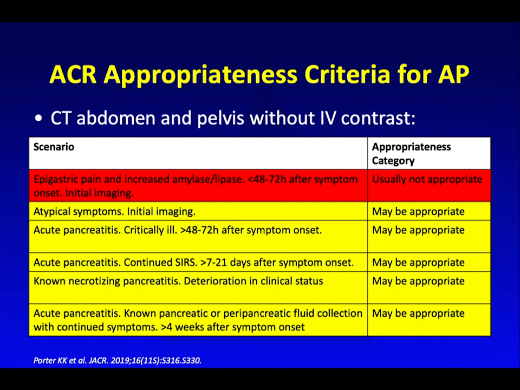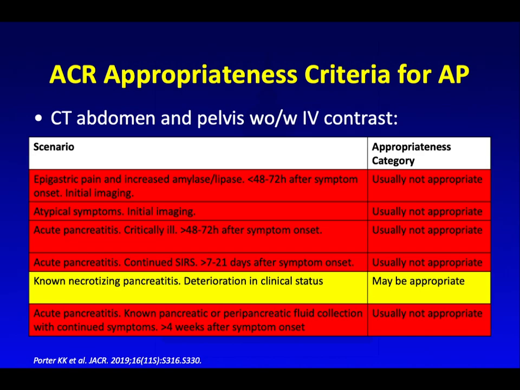For CT abdomen pelvis without contrast, the rating is not quite as good compared to CT with contrast. As we all know, IV contrast is very helpful for differentiating interstitial edematous pancreatitis from necrotizing pancreatitis, and also very helpful in detection of fluid collections and vascular complications, so that's why CT without contrast is rated less highly. And CT abdomen pelvis with and without contrast is rated even less highly compared to without, mostly due to radiation